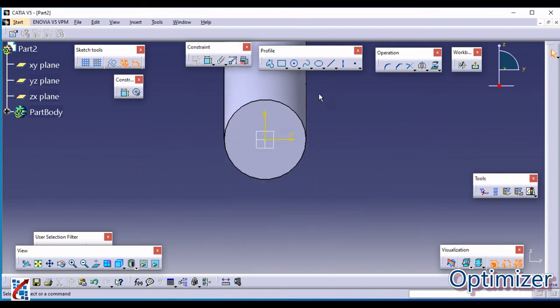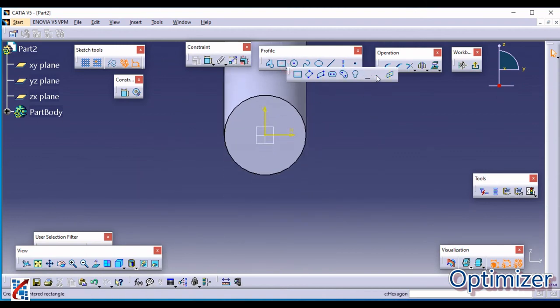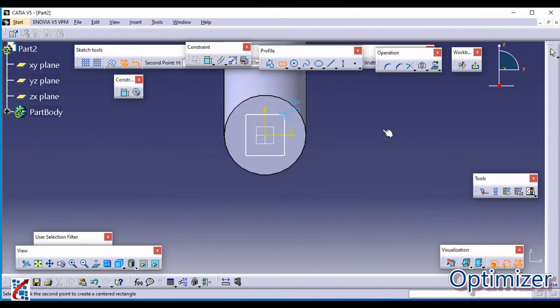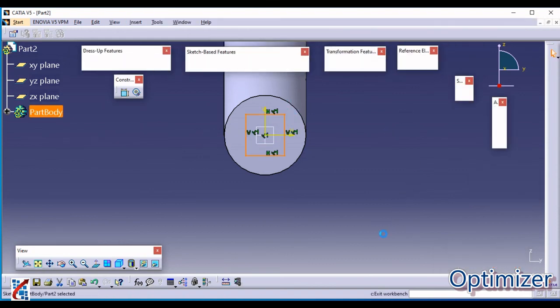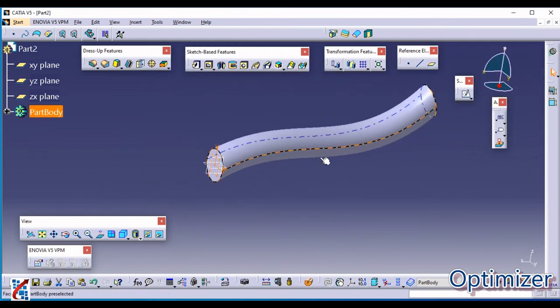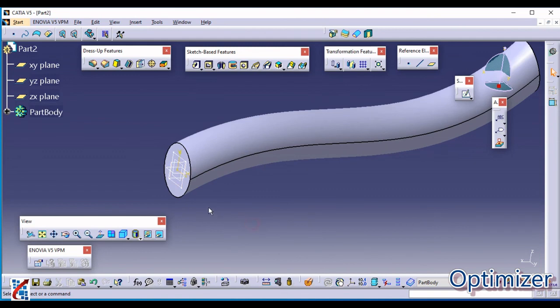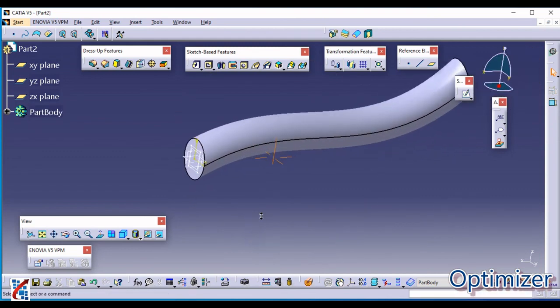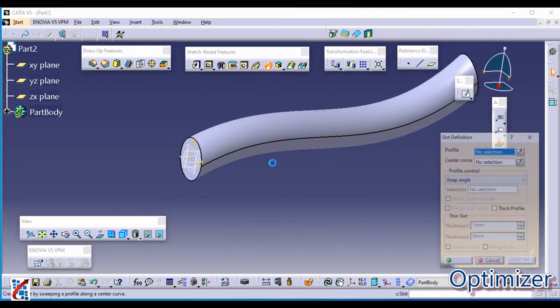Here I am going to draw one centered rectangle; you can create any cross section sketch you want. Click on exit. Now I want to make this structure hollow with this rectangular cross section. For such cases you need to select slot.